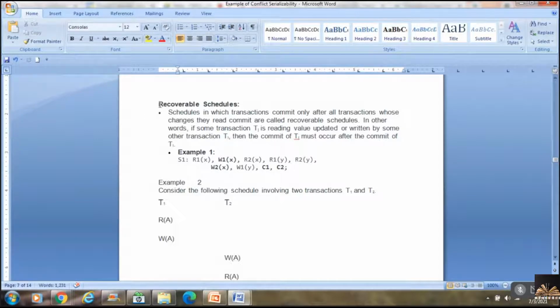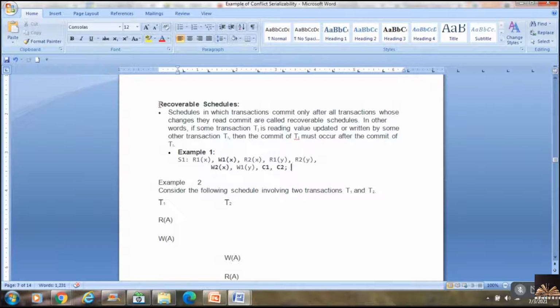So what I mean by a recoverable schedule is if a transaction T2 is trying to read the value of a variable which was updated by a transaction T1, then the schedule can be recoverable if and only if T1 commits before T2.